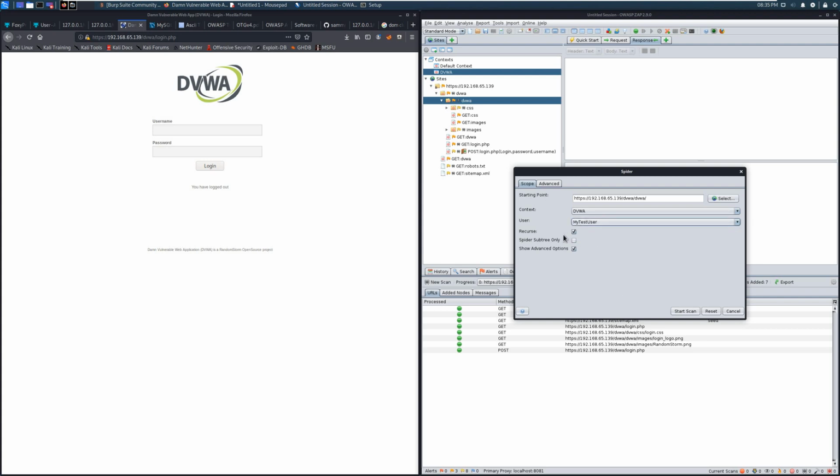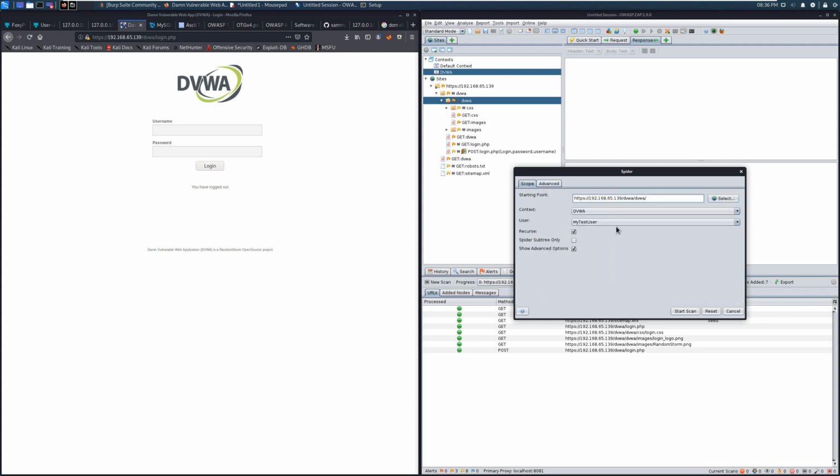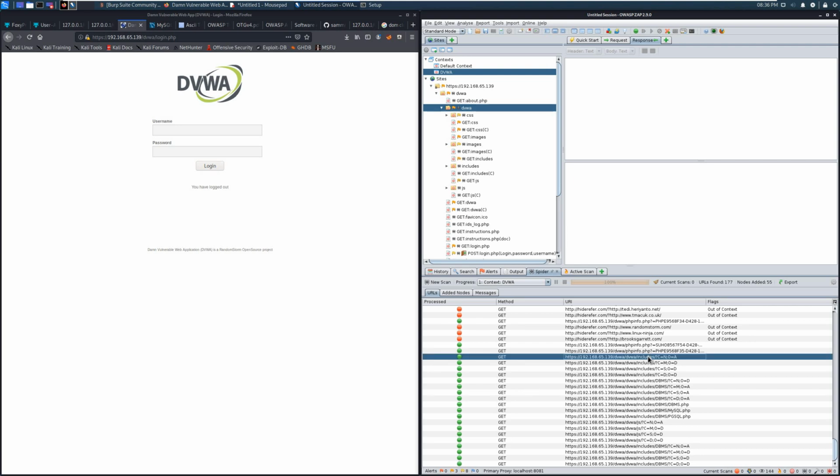Plus, of course, you have more choices here in the advanced tab where you can, for example, set the maximum depth for crawling and a bunch of additional options. But for me, I don't really need to change any advanced options now. I can just select the user and hit start scan, and you can actually see that indeed, because we configured